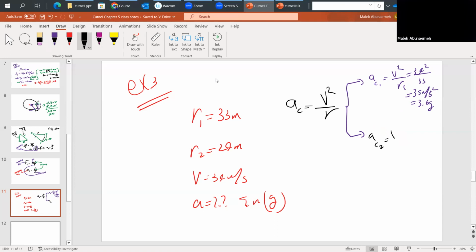So ac2 is going to equal v squared over r2, which is going to equal your 34 squared, divided by the second radius, which is 24. So you should get 48 meters per second squared. Divide that by 9.8, and you should get 4.9 times g. Notice for a smaller radius that the acceleration was higher than for a bigger radius. And that's what we saw